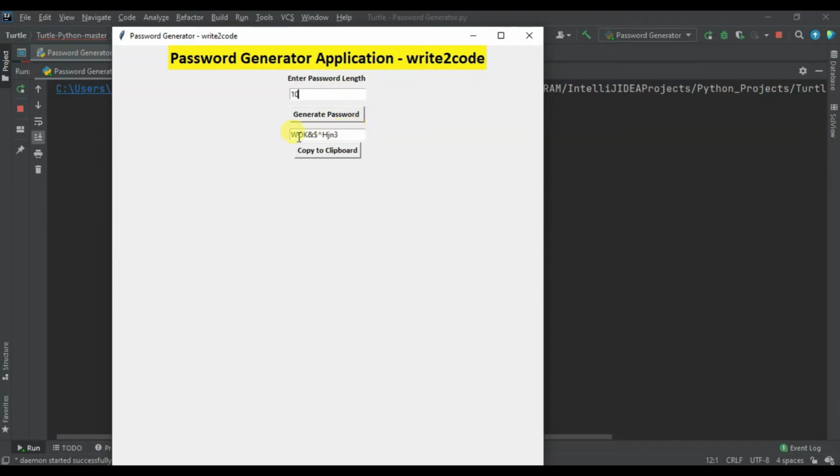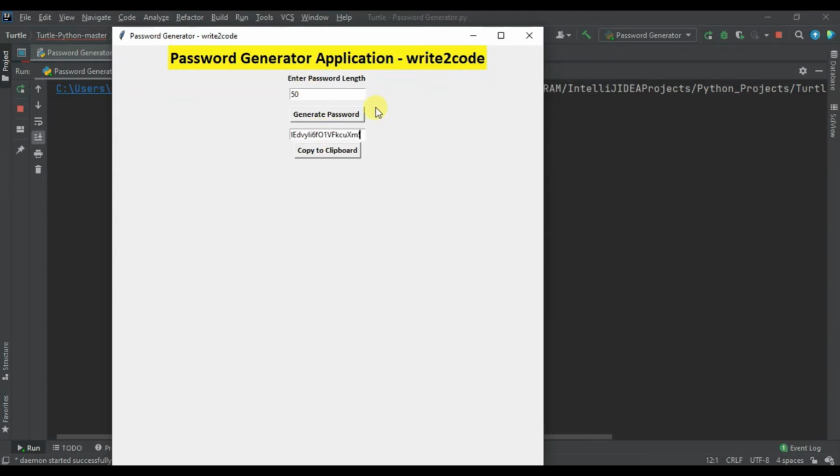For creating the password generator application, you need to install three Python libraries, that is Tkinter, Pyperclip, and random. Before starting the actual coding, let's first understand some theory.